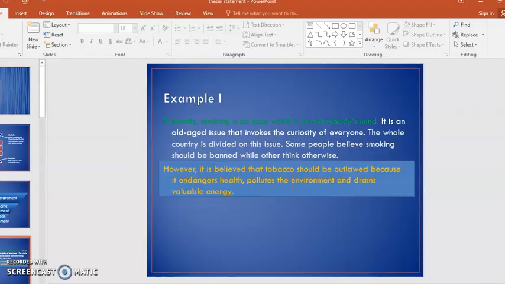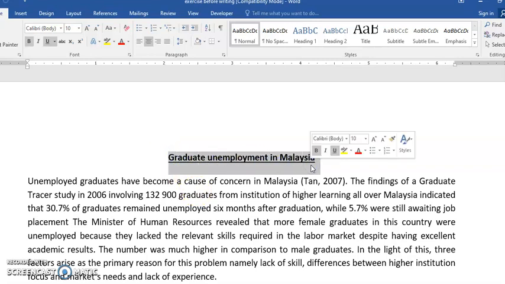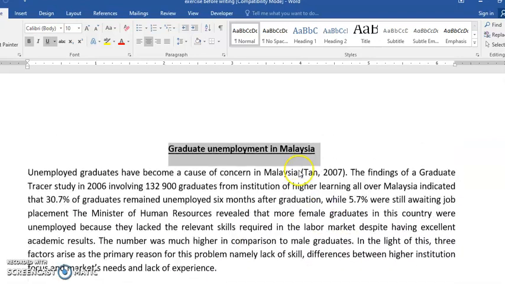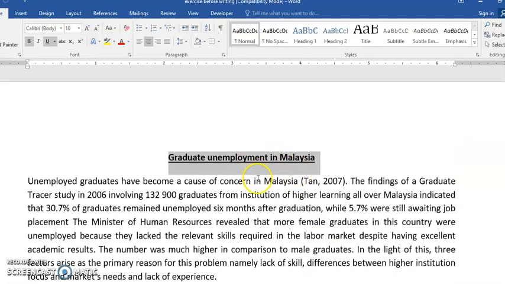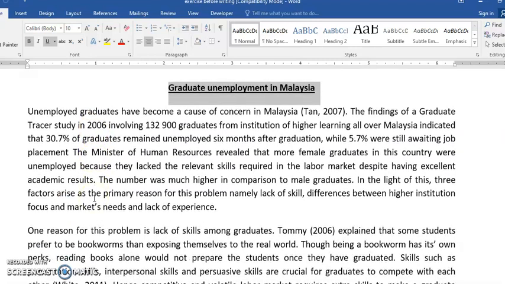Now, let's see an example in a real text. So, here, let's just say you are reading this text. The text is called Graduate Unemployment in Malaysia. As we scroll down, you can see there is only a title. There are no graphical aids like pictures, graphs, and so on. There are no bold or underlined words. So, therefore, how are you going to determine what the main idea is? Try to find the thesis statement. So based on my explanation, where can you find the thesis statement? At the end of the